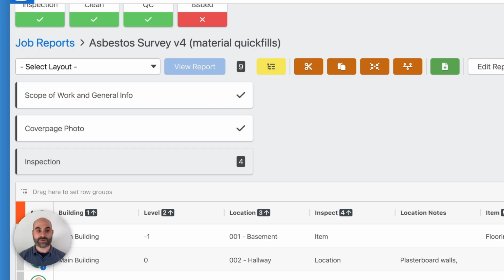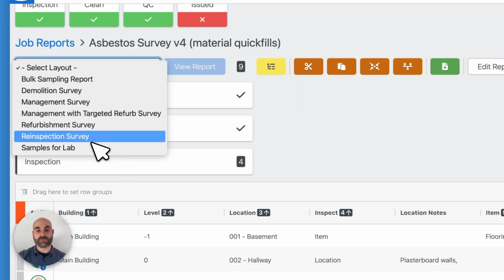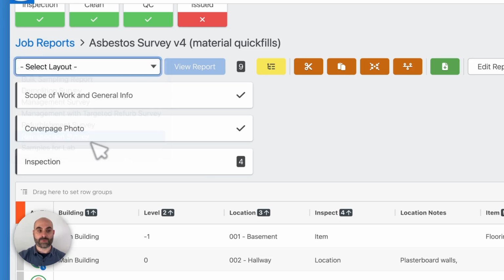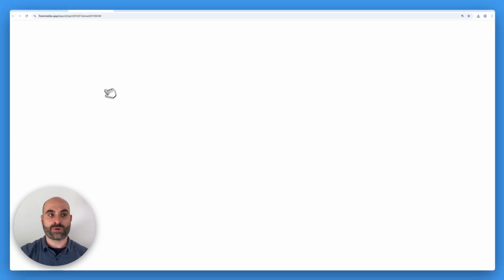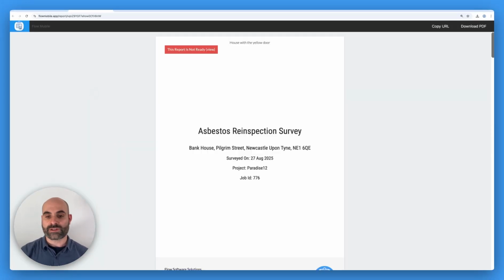Finally, when it's time to preview the report, you just need to select the relevant layout. In this case, it's going to be a reinspection survey as opposed to a management survey, which is what we had last time. If I click view report, the title of the report should then reflect that. So you can see here now it says Asbestos Reinspection Survey as opposed to before when it said Management with